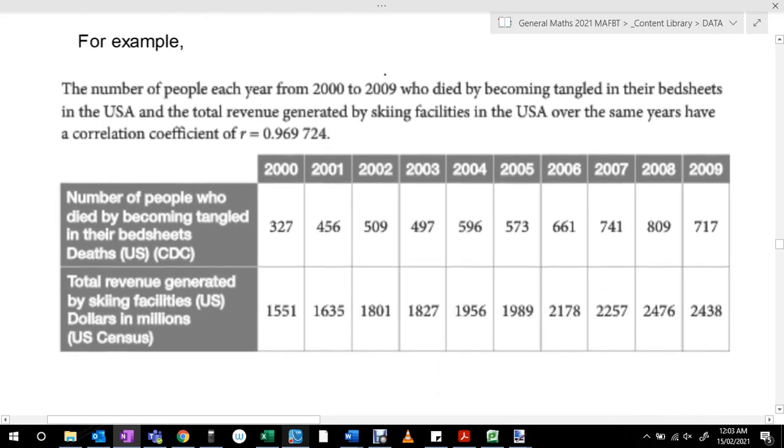For example, here, the number of people from each year in 2000 to 2009 who died by becoming tangled in their bed sheets in the USA, and the total revenue generated by skiing facilities in USA over the same years have a correlation coefficient of 0.969724. So what this is saying is, as the total number of people who died in their bed sheets increased, so did the money generated by skiing facilities in USA. Okay, there was a correlation of